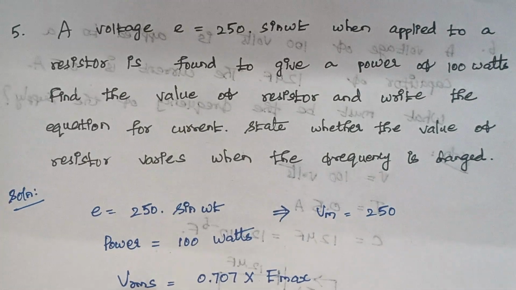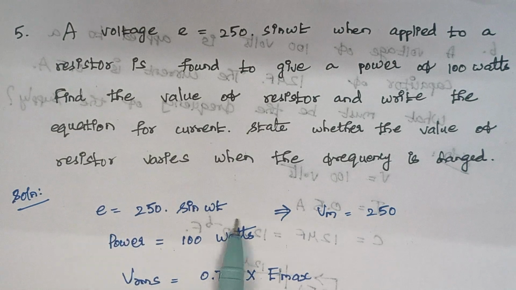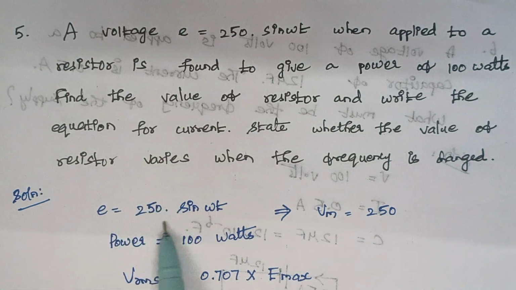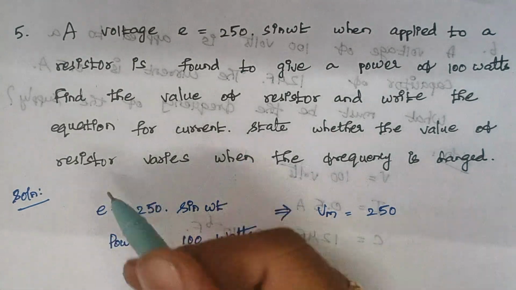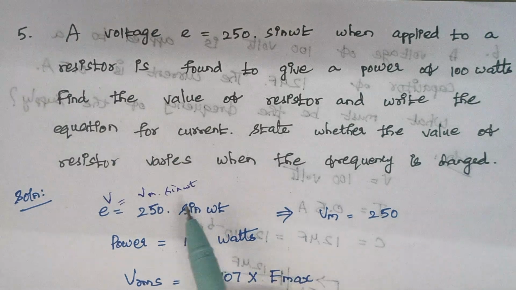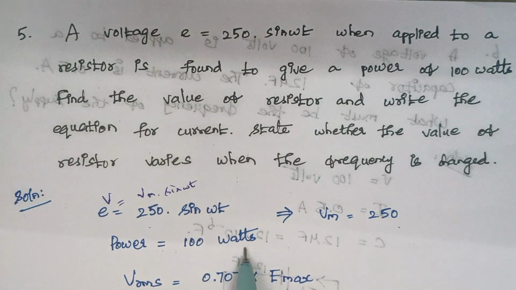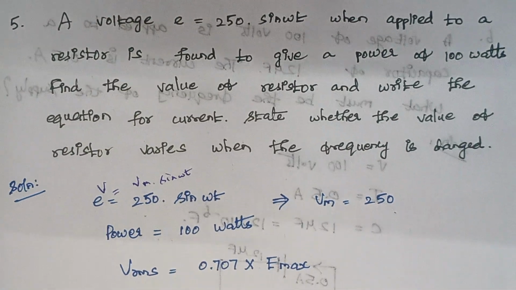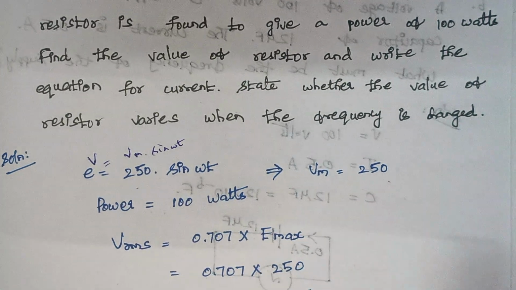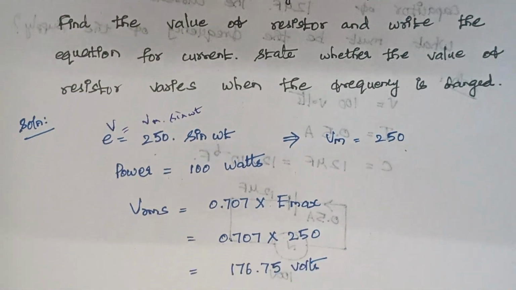So here you see E is equal to 250 sin omega t. Again, this is an expression for voltage, either E or V. This is the maximum value. Generally we write V is equal to Vm sin omega t. So here the value of Vm is 250 and the power is given as 100 watts. So what is the value of Vrms? Vrms is given by 0.707 times Emax or Vmax. The maximum voltage is 250, so just substitute it here and the answer is